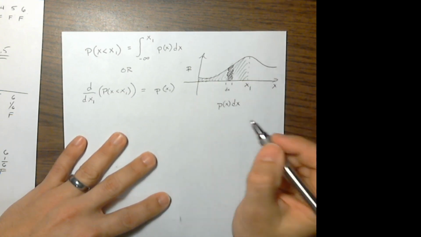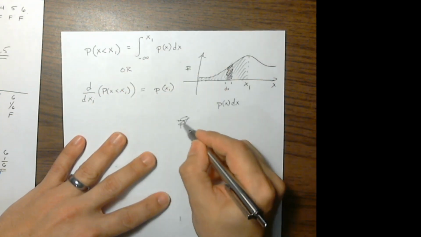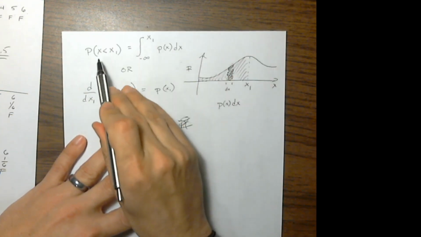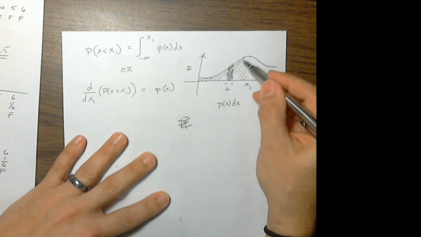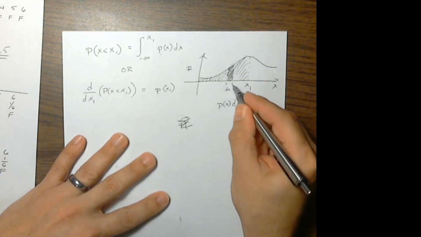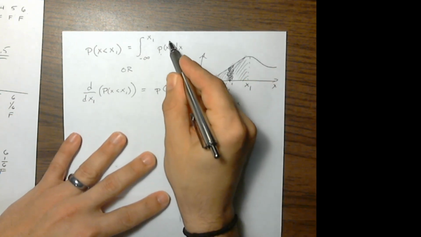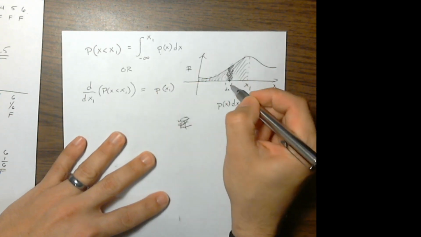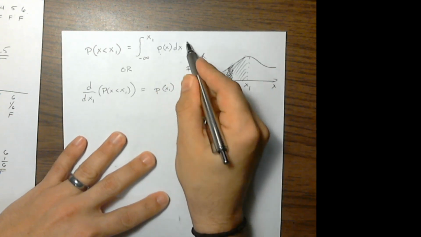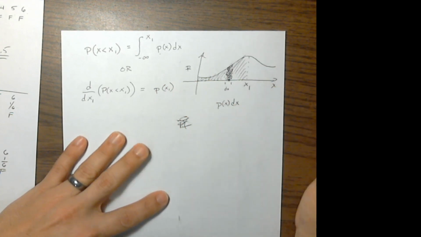And so that would be the probability that x is less than x1. I don't need to write it again. I've already got it. It's right here. It would be the sum of all the little probabilities in that region, right? Now the idea is, again, that the little probability at just this point here is the probability density at that point times the differential width dx, a tiny, tiny width of probability.